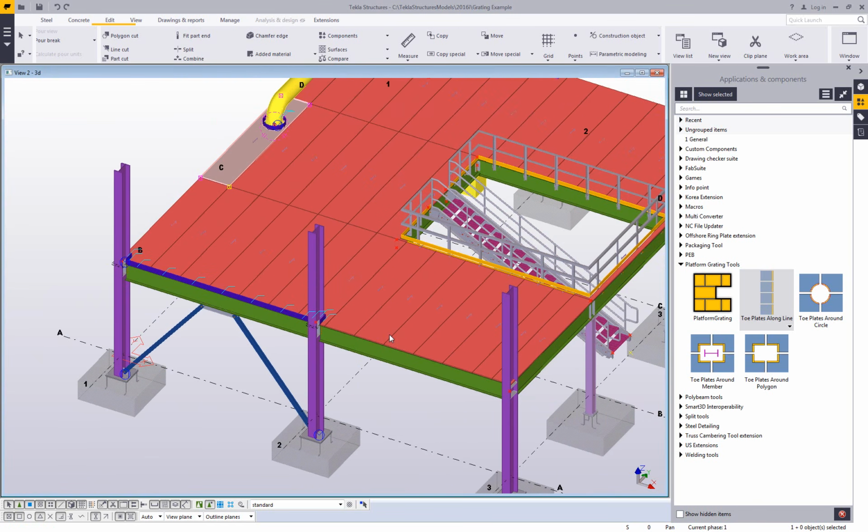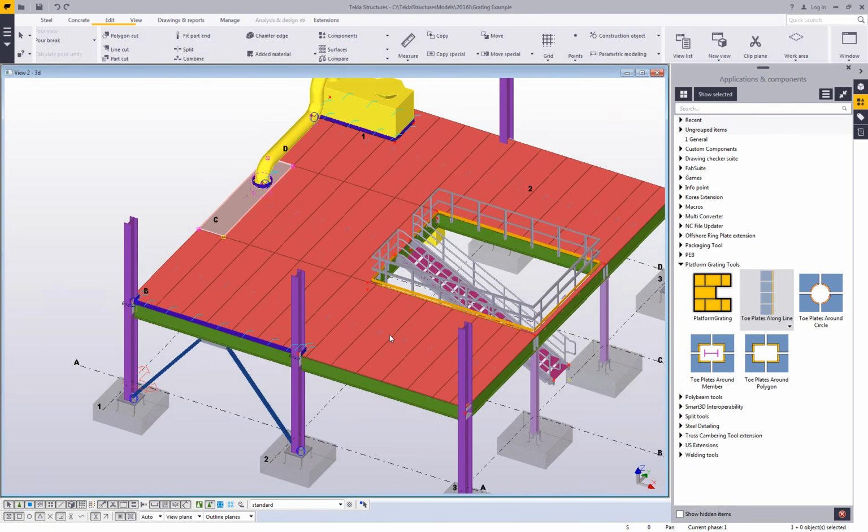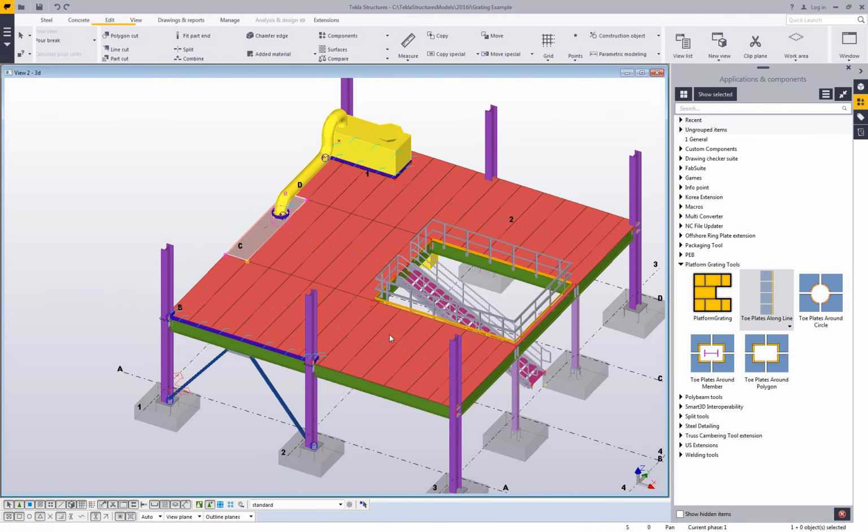And then of course I can continue around through the rest of the model to add in the rest of the information that's required. But these are just some nice little tools that can help you quickly lay out the grading there within your model, including some of the cuts and the toe plates and the span direction to display